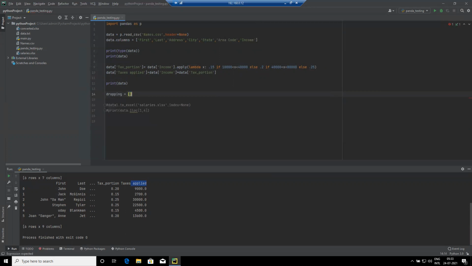Let me list down what are the columns I don't want. I don't want city. Let's keep city. Let's remove state. Let's remove last name. Area code.